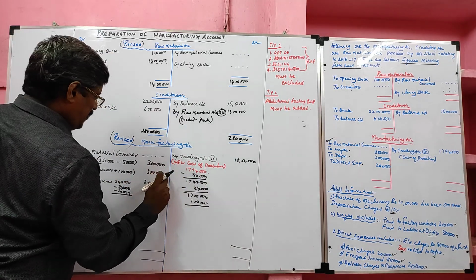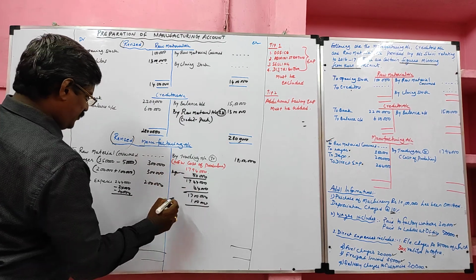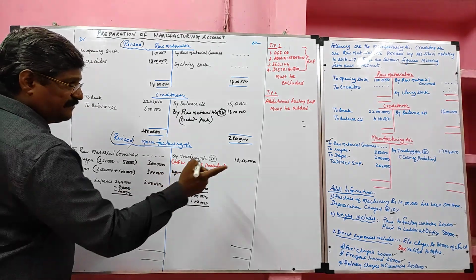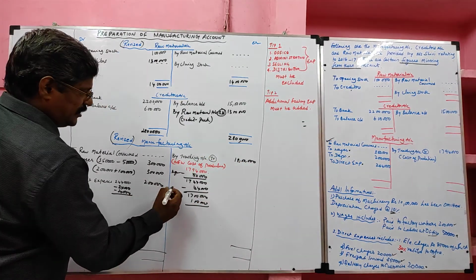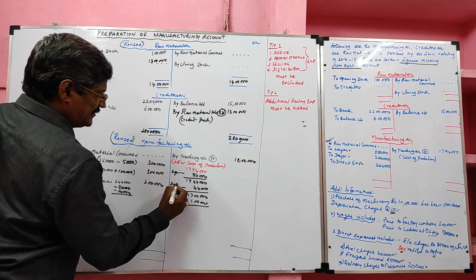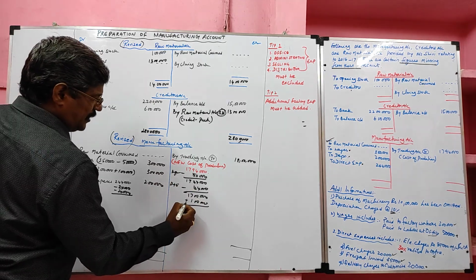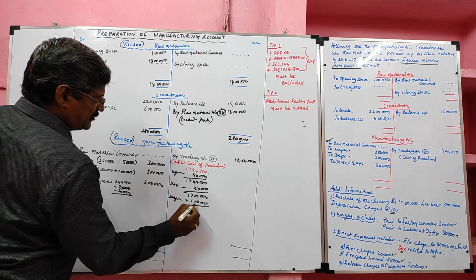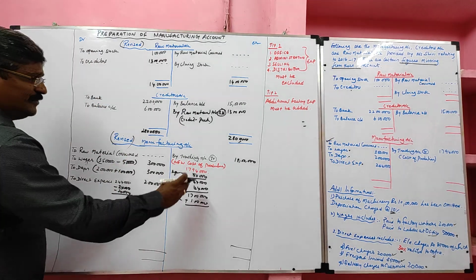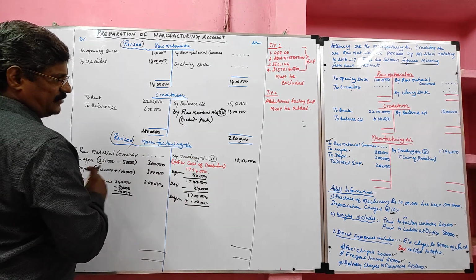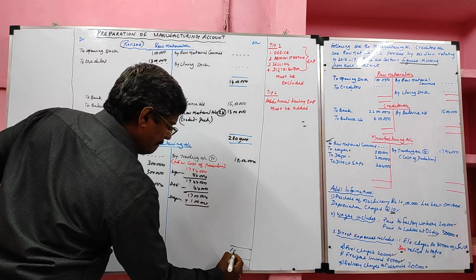50,000 is wages to office. 44,000: 24,000 is the factory office electricity, and 20,000 is the delivery charges. So delivery charges plus office electricity charges come to 44,000. Additional depreciation on plant and machinery of 1 lakh is added. So what we did on the debit side, the same thing we should do with the cost of production. So we'll get a new cost of production of 18 lakh.